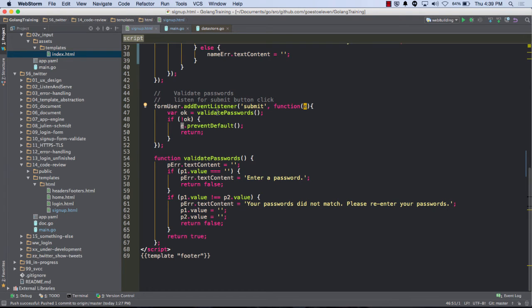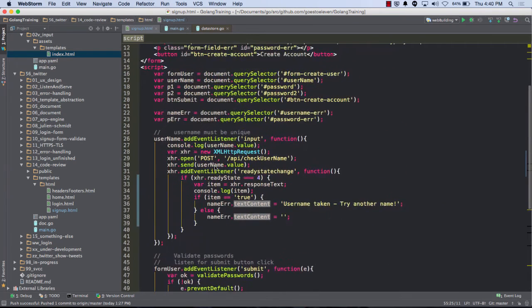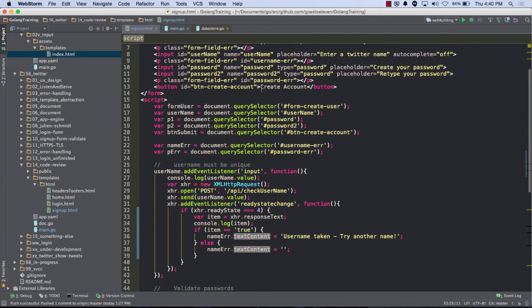So here I'm just running the validate password function and setting a variable equal to ok. So if textContent is equal to nothing, what's happening here? When I run this, it takes the P error text content and sets it to nothing. That's just P error, the password error, which is right here. So the stuff right between these two tags is nothing.